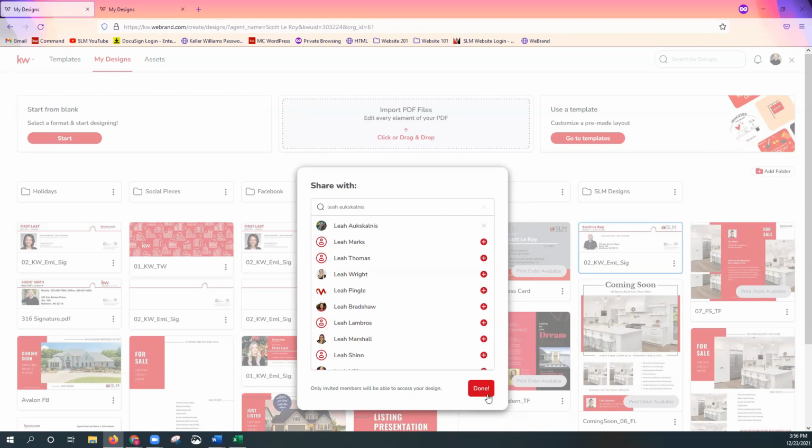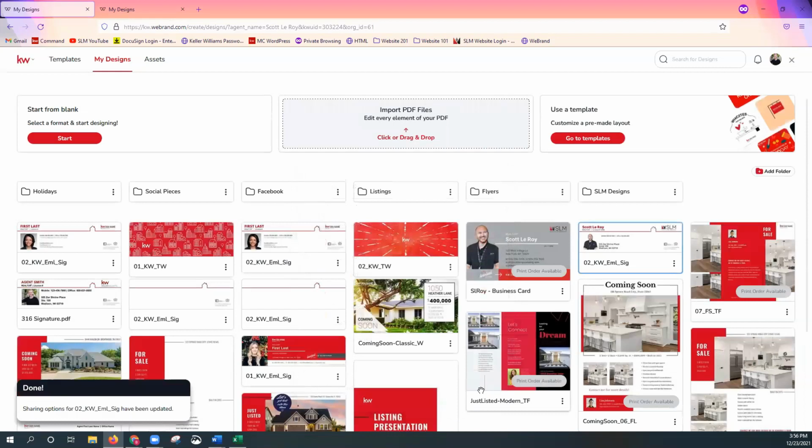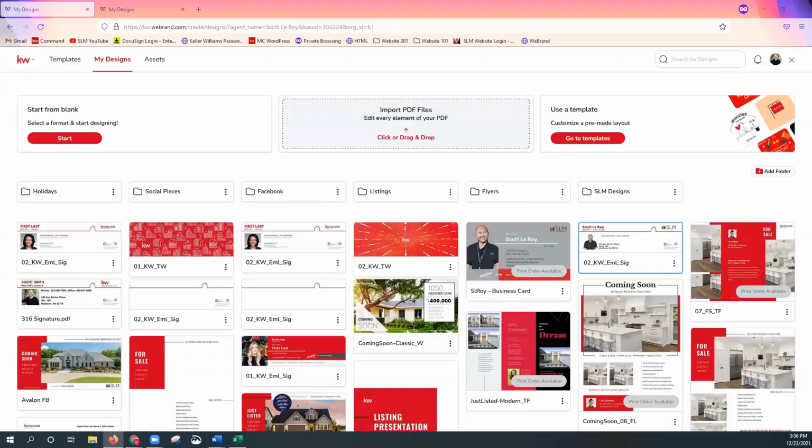Once you've done that, we're just going to go ahead and click on Done on the bottom right. And now you'll get your little pop-up on the bottom left-hand corner. It only pops up for about a second, but it's going to say done and that everything has been transferred. So now that's giving them a copy of your design. From here, we're going to go ahead and